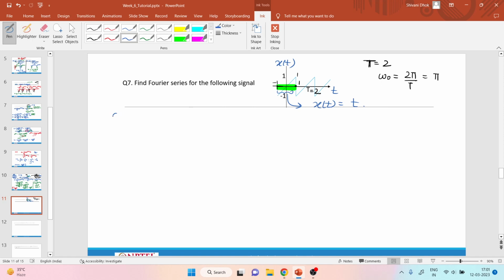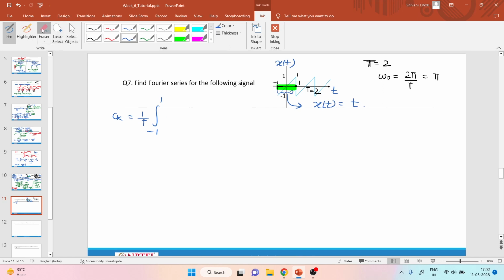So we have ck is equal to 1 by T integral over a period from minus T by 2 to T by 2. To be specific, it will be from -1 to 1,